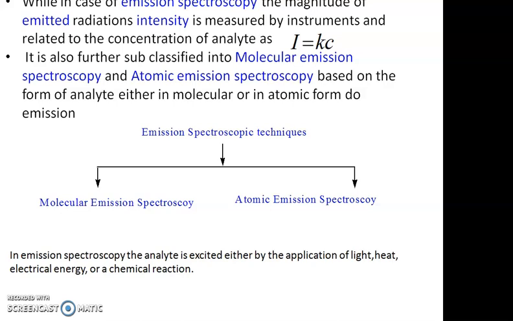In case of emission spectroscopy, we again have molecular emission spectroscopy and atomic emission spectroscopy. What we see here is that the magnitude of the emitted radiation intensity is measured by an instrument and related to the concentration. That is, in case of emission spectroscopy, the intensity of light is measured, whereas in case of absorption spectroscopy, the absorbance of the light is measured. Okay, so here the change is that in case of emission, it is